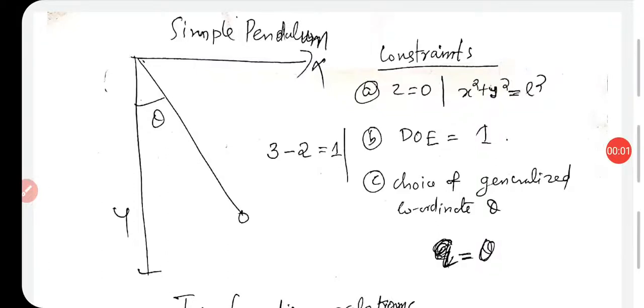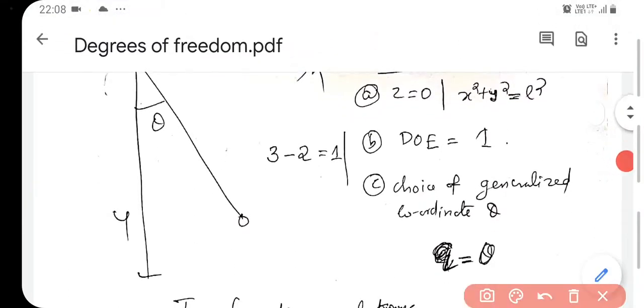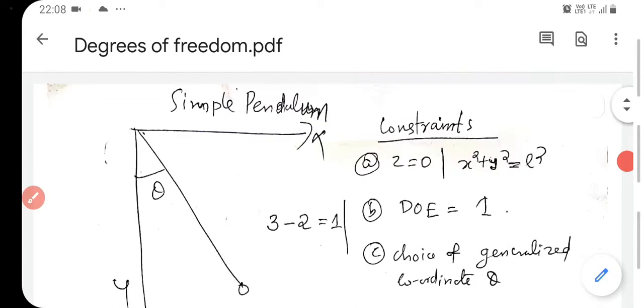Today we discuss how constraints reduce the degrees of freedom of a system. Here we see a simple pendulum. For the simple pendulum, we know